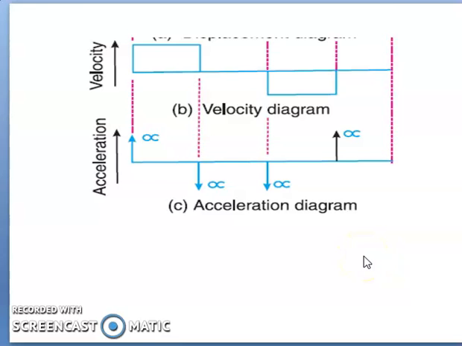You can see the corresponding velocity diagram. The velocity is uniform, so it remains constant. Then the velocity falls to 0. Again the velocity remains constant in the negative direction. Here you can see the velocity reaches the maximum at an instant. From 0 itself the velocity is high. As a result, the acceleration will become infinity. When the acceleration is infinity, you feel the cam is very jerky. So we do not follow uniform velocity.